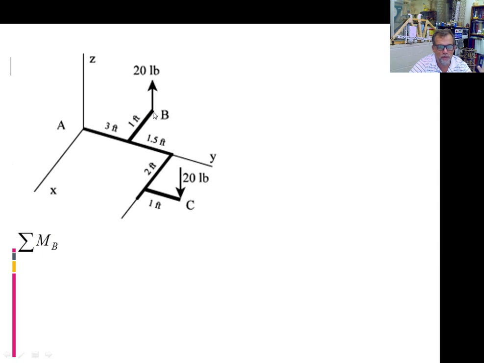If I want to do moment, it's going to be r cross f. R cross f. So this distance here is 1i. This distance here is 1.5 j. This distance here is 2i, and this distance here is 1j. Put it together, that's the r that I have. Cross multiply by this one. Remember why I'm saying that, because I'm saying moment at B. This doesn't produce any moment with respect to B, and this is my r, and this is my force, which is negative because it's pointing down k. Once I solve for that,